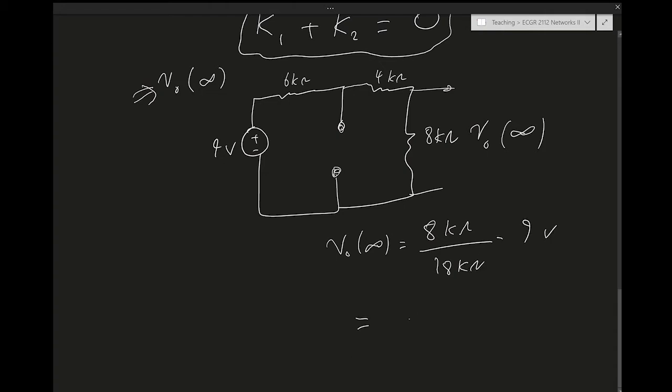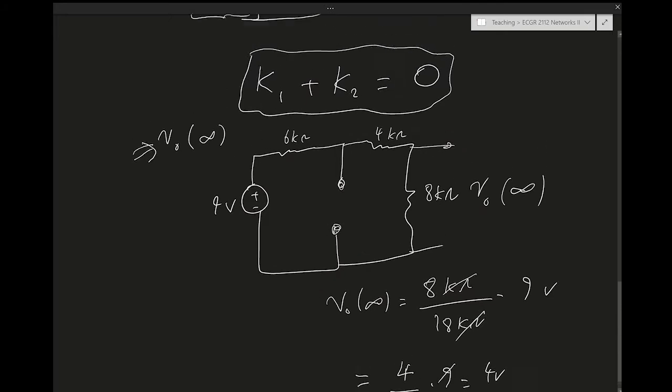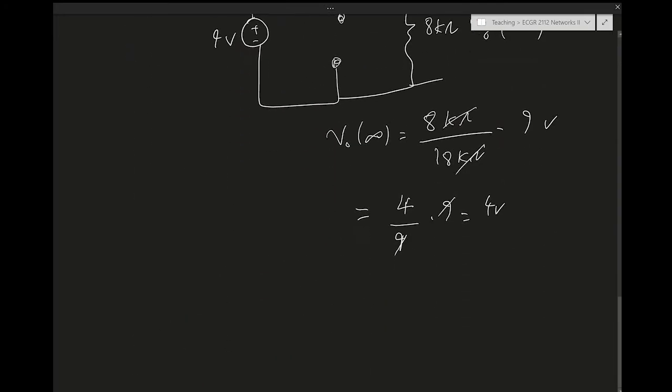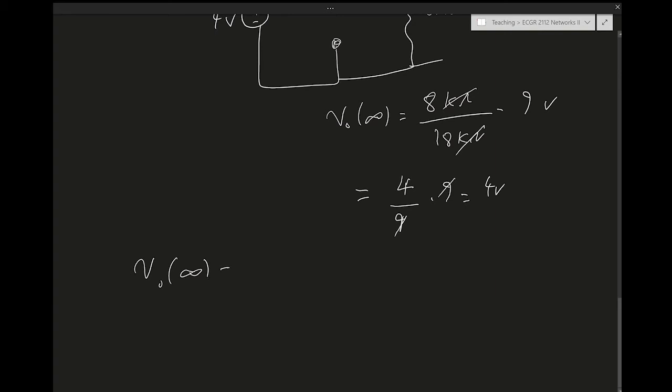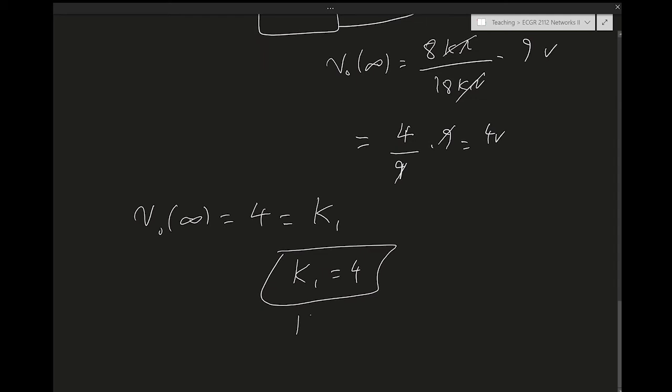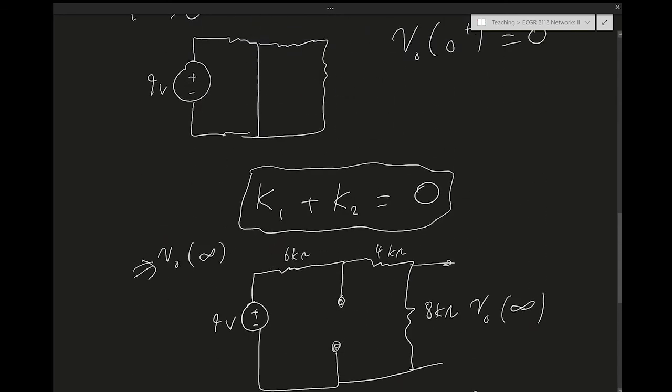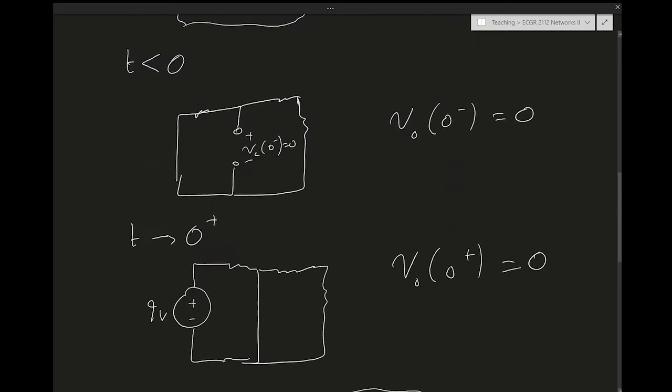So VO at infinity is going to be, kilo ohm goes with kilo ohm. This becomes 4 over 9 times 9. This becomes 4 volts. Okay, and that allows us to get the second equation, right? So VO infinity equals 4 equals K1 plus K2 e to the minus infinity over tau, right? E to the minus infinity is 0. So I end up with the equation that K1 equals 4. So that means that K2 equals minus 4. Remember, because K1 plus K2 equals 0. Okay, so